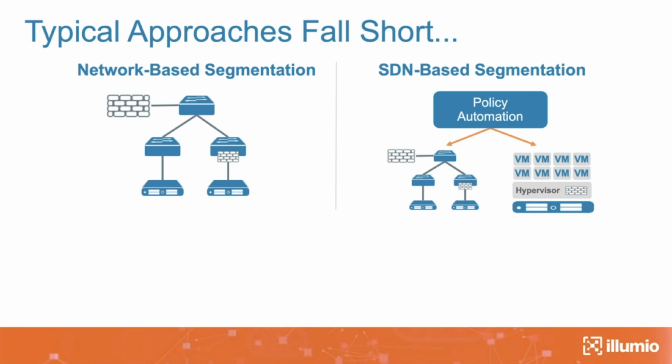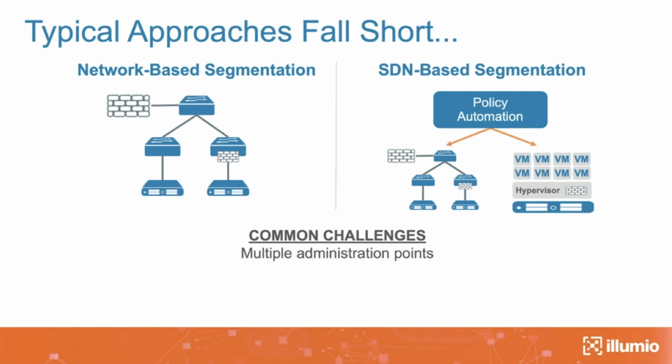Or you could say, I'm going to deploy SDN because I understand a lot of this stuff is probably going to need to be automated, and I don't really have all of the manpower and things. So I'm going to use automation to do this with SDN. Now, the challenge with both these approaches is that, for one, let's say firewalls, you have different administration points.